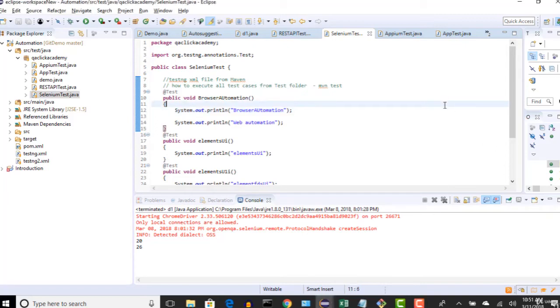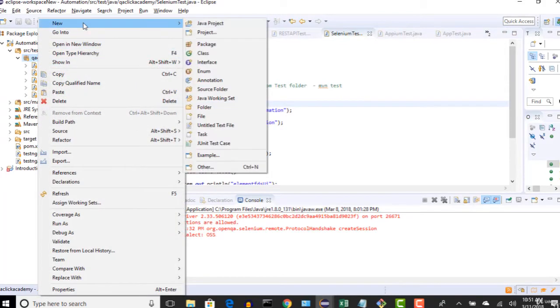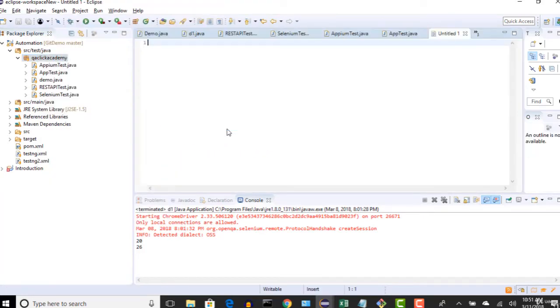Okay, so in this lecture we will look at merge conflicts. I will show in what cases you will get a merge conflict. Let me create one text file, and I'm going to write alphabets in this text file, just for example, A, B, C, D, E, F. And I'll save it